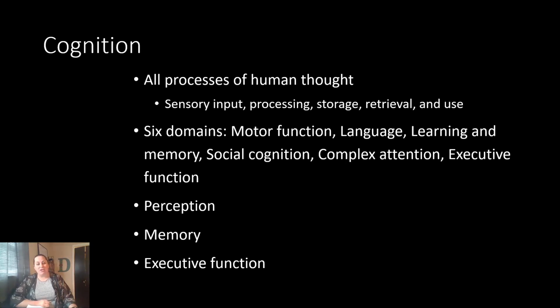Memory is the retention and recall of past experiences and past learning. There's different types of memory. Now, some of this memory is going to be like where you can explain it. It's like a declarative type of memory. Other types of memory are going to be short-term or long-term. So there's many different types.